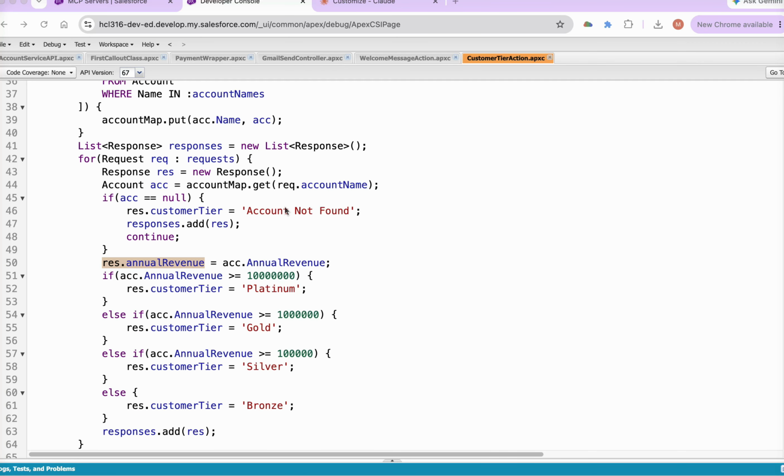So if account name is blank, then we will be sending "account not found" on the tier field of the response. But if we are able to find the account, in that case we will have the annual revenue. Whatever we are going to send in annual revenue as response, that will be the value of annual revenue associated with the account. And then we have a couple of if else to